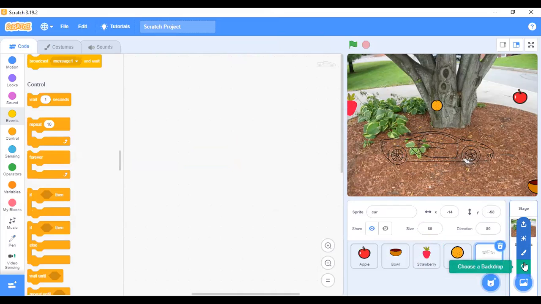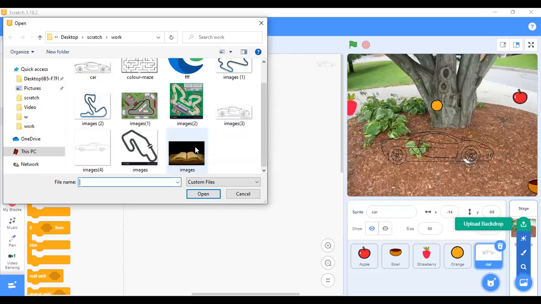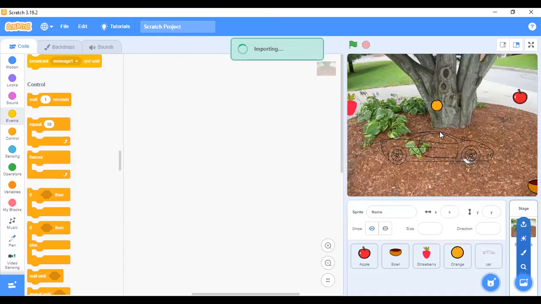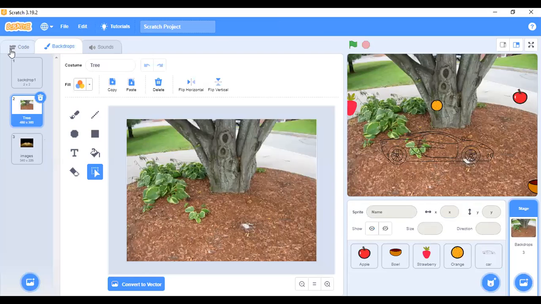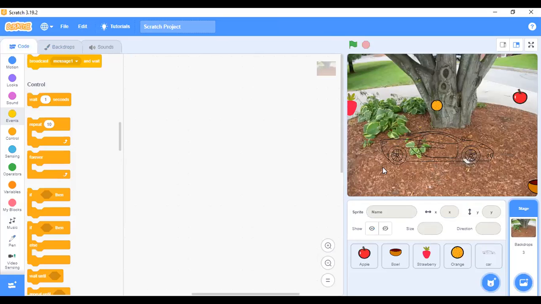The first one is choose a backdrop, also paint, surprise, and upload a backdrop. Click on upload a backdrop, which means you can upload any backdrop. Let me choose this image. Let me click on it and open. Look at what happened. Can you see? This is the backdrop that I've chosen from my system directly. So I can do any form of editing I want here under the backdrop editing section. But I'm not doing that. Let me go back to our code. That is how to upload a sprite or a backdrop.